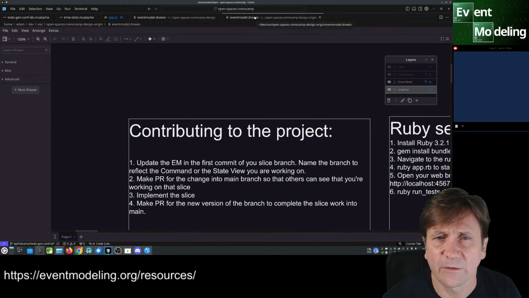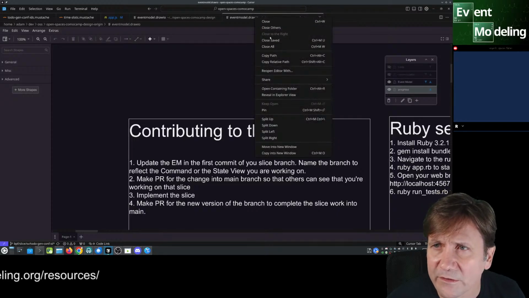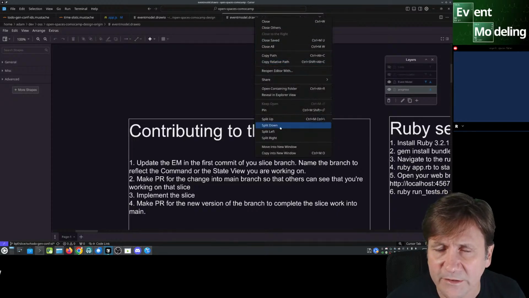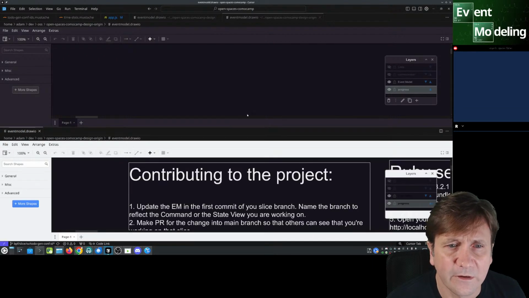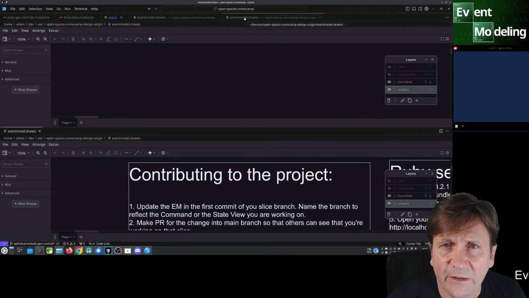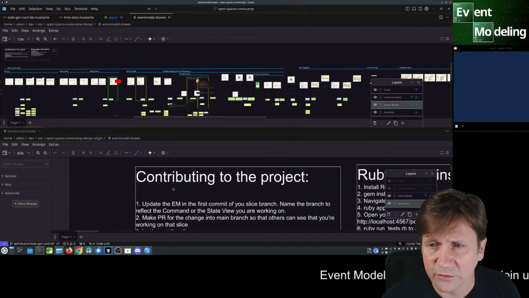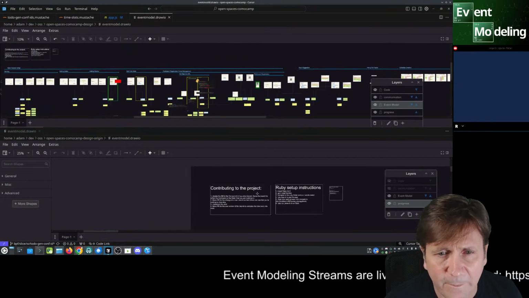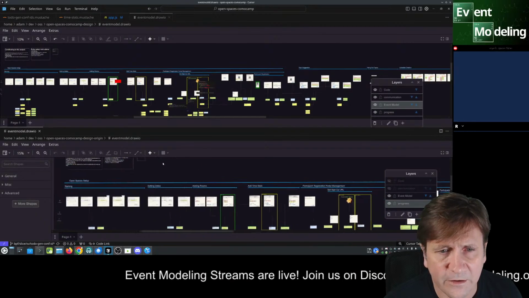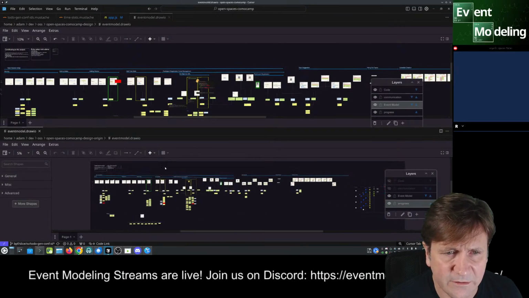And then, of course, I want to split down, so I can show that there. And then this one I want to close, because now I'm looking at two of them side by side, and I could see what we're missing visually.